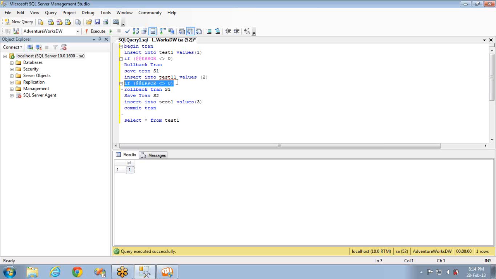And there are so many other things still pending in these transactions, like the properties of transactions, ACID properties, we call it as ACID, and each one has its own definition and use. So we're going to discuss about the ACID properties and isolation levels, as well as locking and blocking and deadlocking in the next session. Thank you, guys.